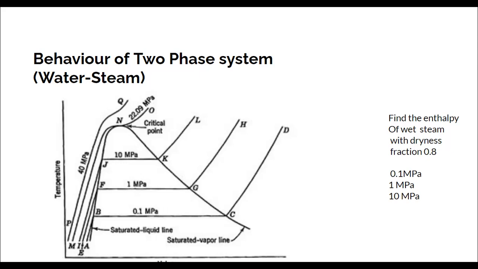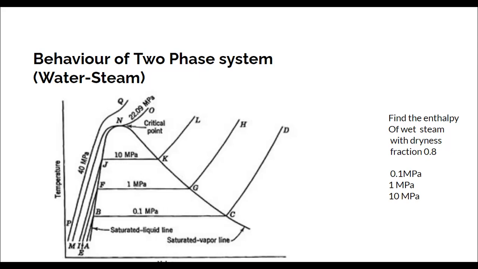If the steam was 50% dry and the pressure was the same, then we would solve it as 417.5 plus 0.5 into 2257.4. So this is how we obtain the specific enthalpy of the steam. If the pressure is different, for example, if the pressure was 1 megapascal, then how do you get this?